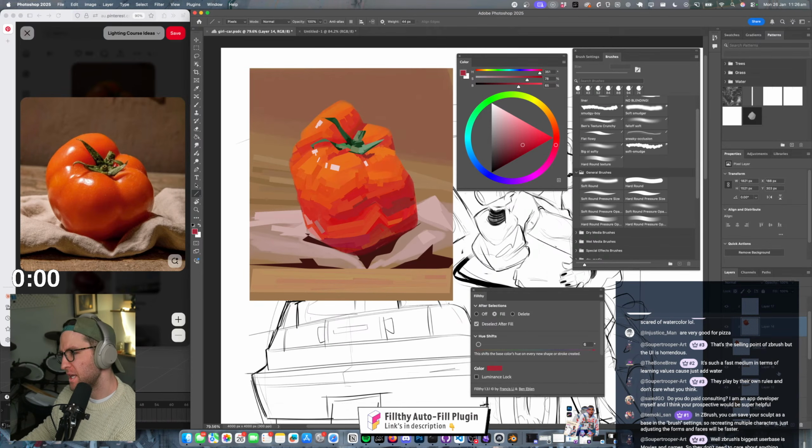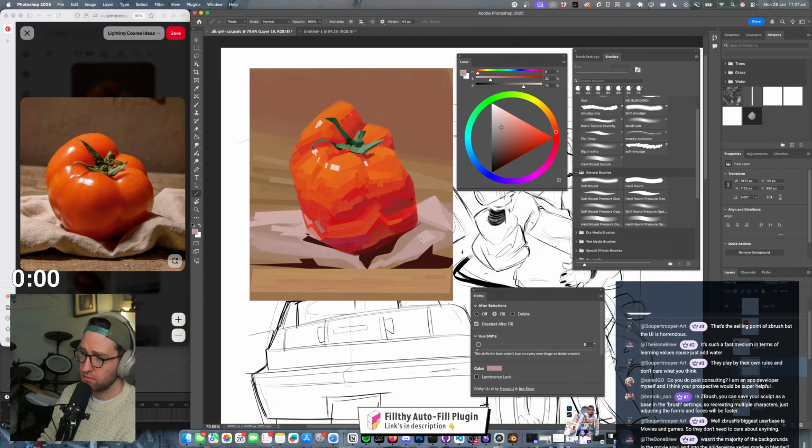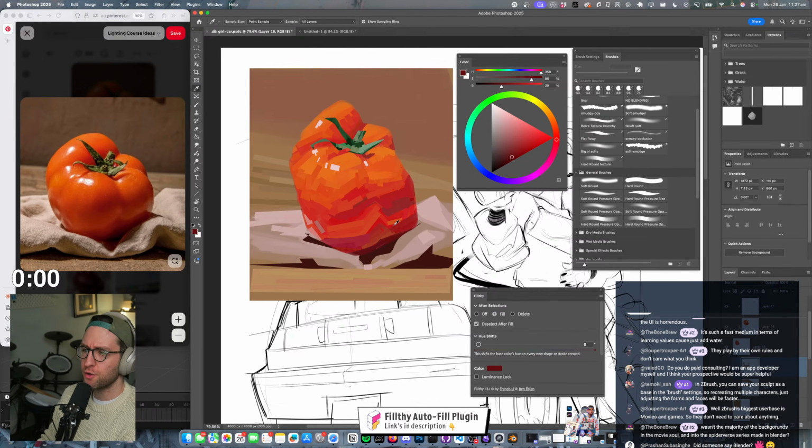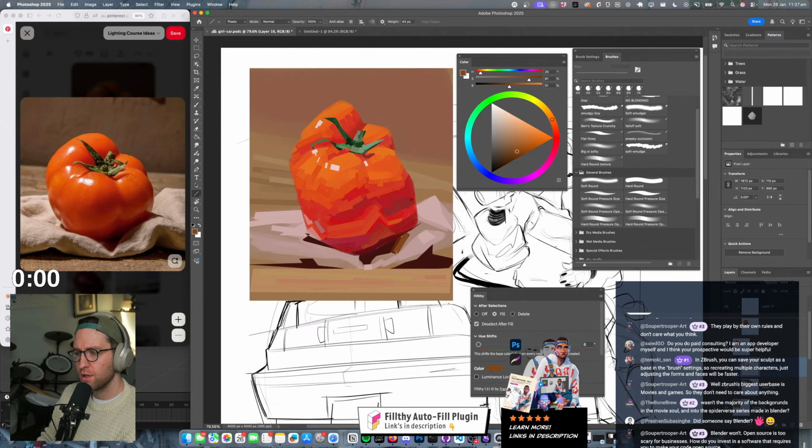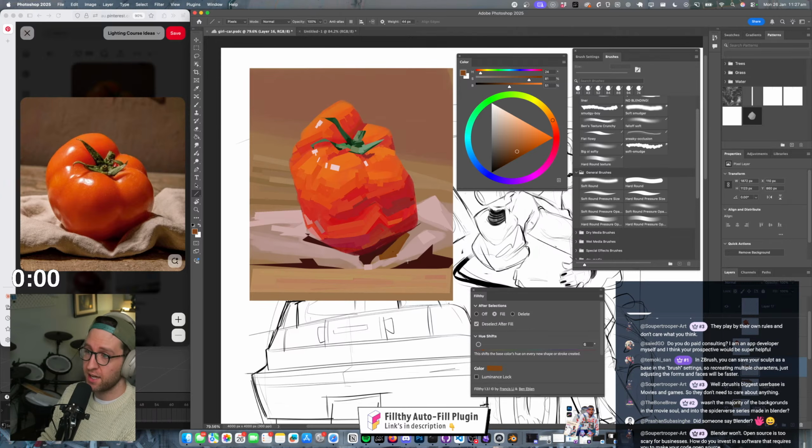I love it. Yeah, because you got to think, right now it's industry standard. But is that going to be the same moving forward? Do you guys watch Corridor Crew or the Corridor channel? They were talking to a fella that worked on the latest Avatar, and they basically build custom software.